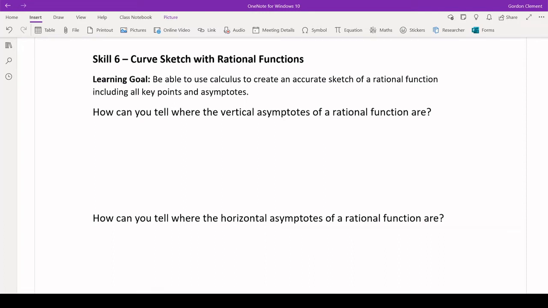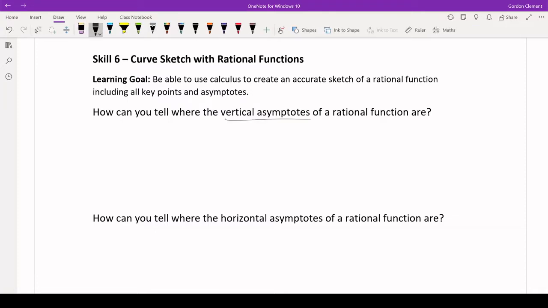Okay, so for skill 6, we're going to be doing our curve sketch steps, and now we're going to be curve sketching rational functions specifically. So with rational functions involved, we're going to have to remember our vertical and horizontal asymptote rules from advanced functions. Okay, so with a vertical asymptote,